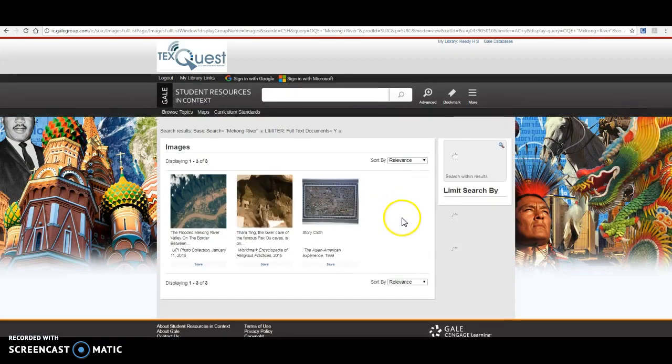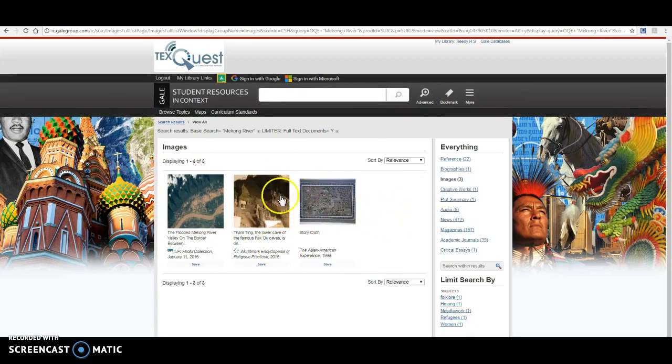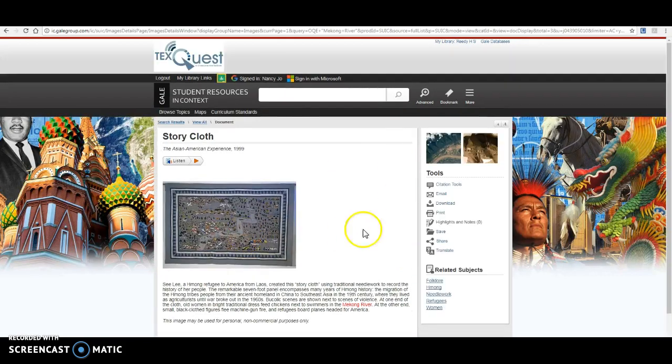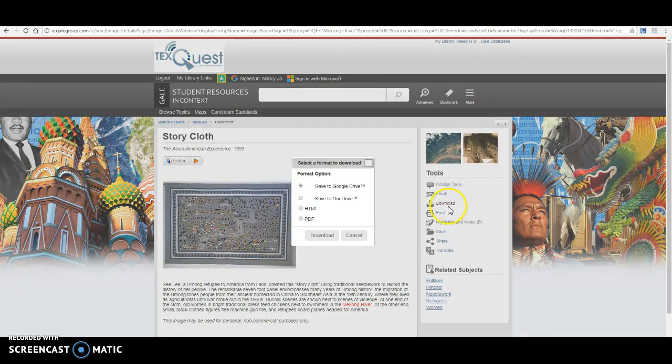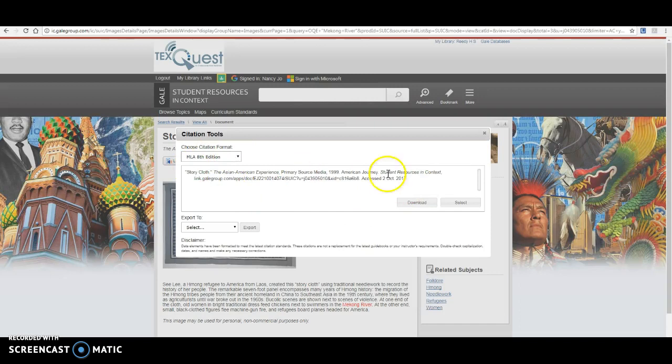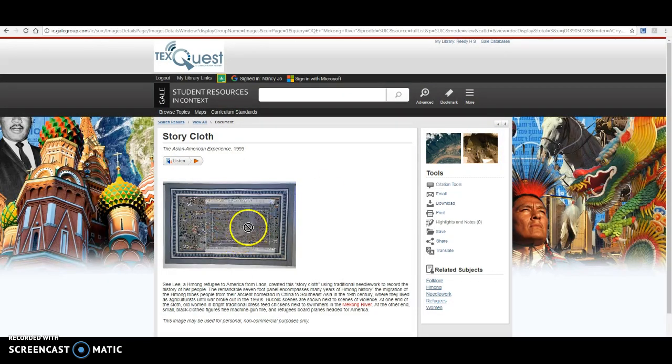So I'm going to click on these images, and I'm going to show you how to save an image in this database as well. So if I'm signed in with Google, I can download the image directly into my Google Drive. So if I wanted this image right here, I could just click download, save to Google Drive. I would also again want to make sure that I cite the image. I can also drag and drop this image